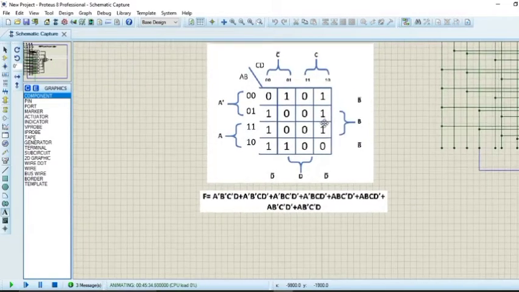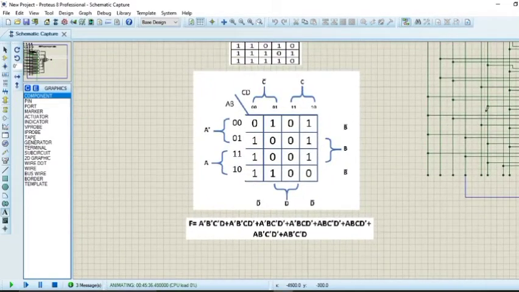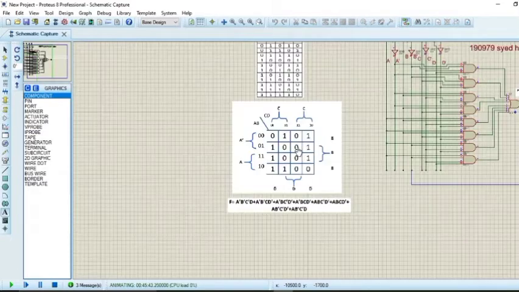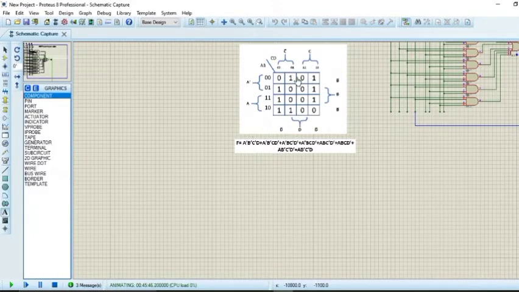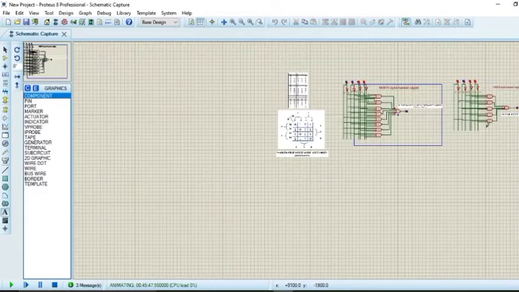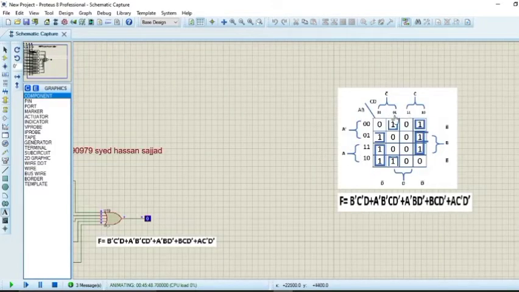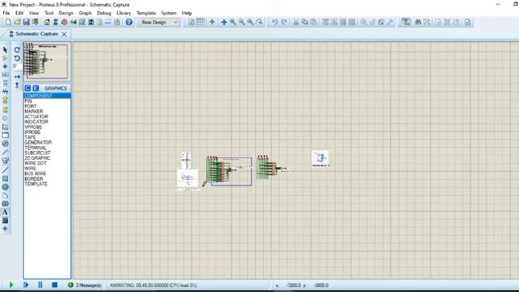So let's come towards the equation, the most important part of this entire lab, in which we are going to implement the circuit according to the equation. Here I have taken only the minterms that are 1, and we will neglect the 0s. There are two parts of this lab. First, I will use Proteus and Quartus to implement this equation without grouping, and then I will use grouping to make the equation, and we will see the effect of grouping and of non-grouping on the circuit.